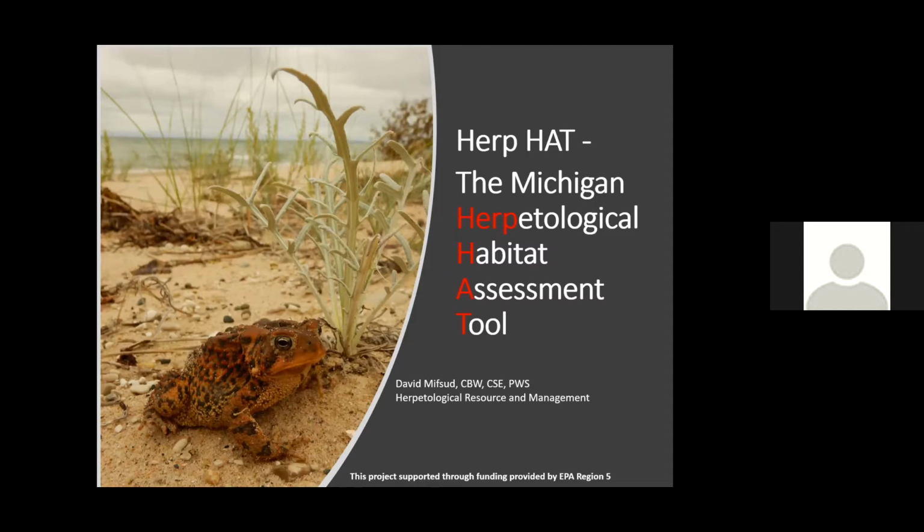The slide represents exactly what the herp habitat tool is supposed to be looking at. It's evaluating a landscape, not just on the rarest species, such as the pitcher's thistle, but looking at a landscape from a greater context of also considering our most common species, such as the American toad. And when we think about conservation, when we think about landscape preservation, we need to also make sure we're considering our most common species as well as our rarest species to truly understand how to best pursue and move forward